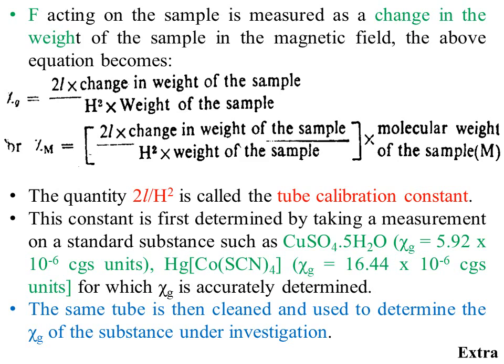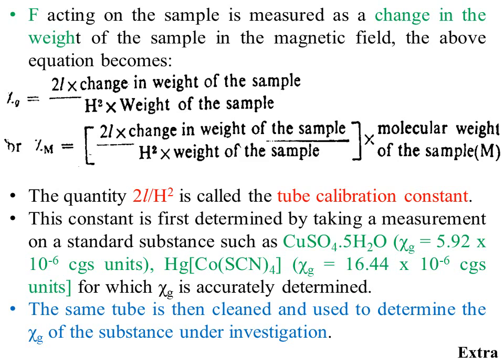The quantity 2L over h square is called the tube calibration constant. This constant is first determined by taking a measurement on a standard substance such as copper sulfate, whose gram susceptibility is 5.92 into 10 raised to power minus 6 in CGS units,